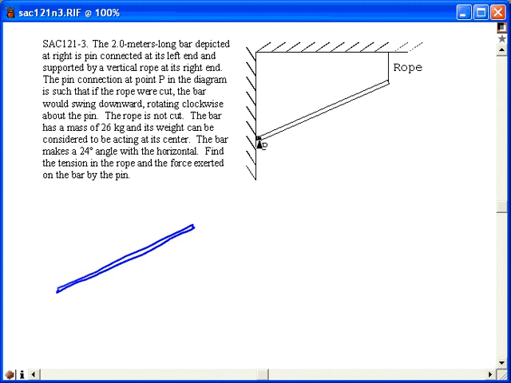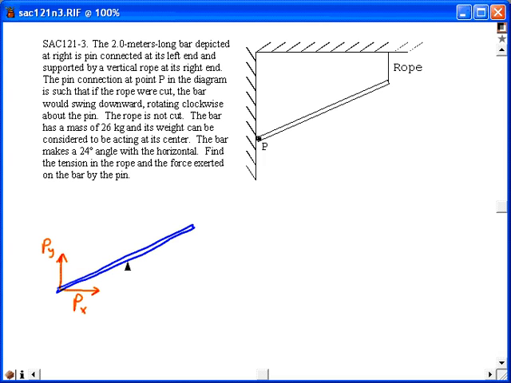This pin connection can keep the bar from swinging out away from the wall or moving in toward the wall, and it can also keep it from falling down or moving upward. So the net force exerted by the pin could be in any direction. I'm going to indicate its components as Px and Py. So we'll find the components individually and then add them together vectorially to get the net force